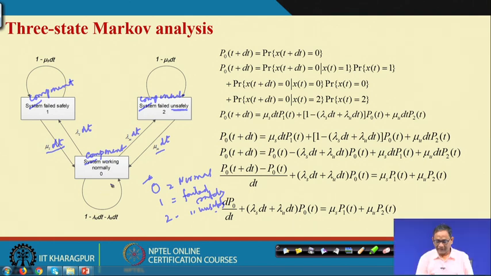Then if you are interested to know what is the availability of the system at time t plus delta t, x t plus delta t, then this indicator value will be 0. This is basically availability. That means, the probability that the component will be at 0 state at time t plus delta t. So, how many ways can it happen? It can happen first if it is at state 1 and a transition takes place to state 0. It is at state 0, remain at state 0.